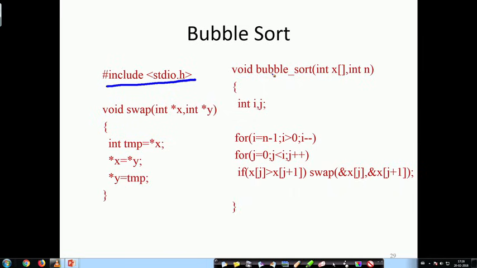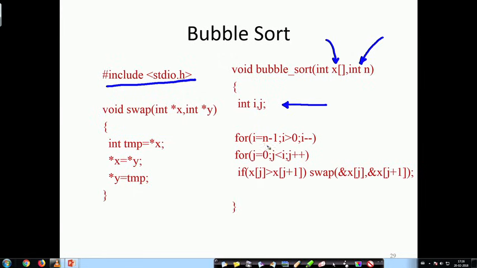Bubble sort is void because it is not returning any value. It is just sorting some array, the X array, and the size of the array is n. Int i, j are two local variables because they are used as indexes of these two loops.